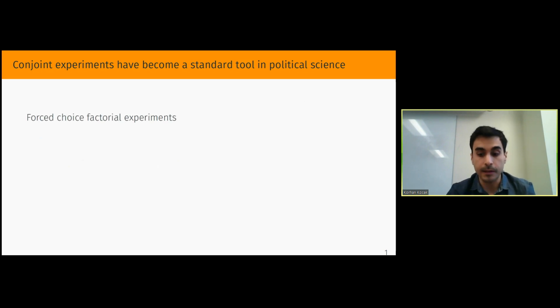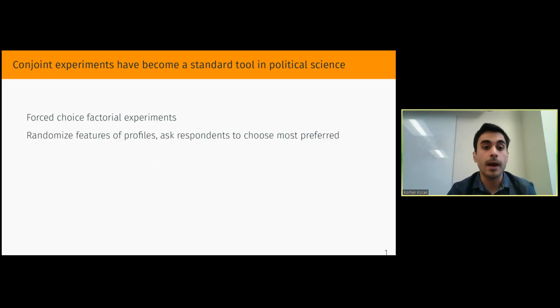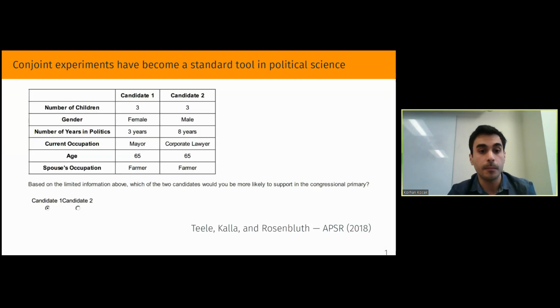But just to fix ideas and make sure we're all on the same page, what I'm talking about here are forced choice factorial experiments where features of profiles are randomly picked and respondents are asked to choose the one they prefer the most. So here's a screenshot from a very standard conjoint experiment where you can see that each row corresponds to a different attribute and its values are randomly generated. And once candidates are fully generated, then respondents are asked to choose which one they would vote for in an